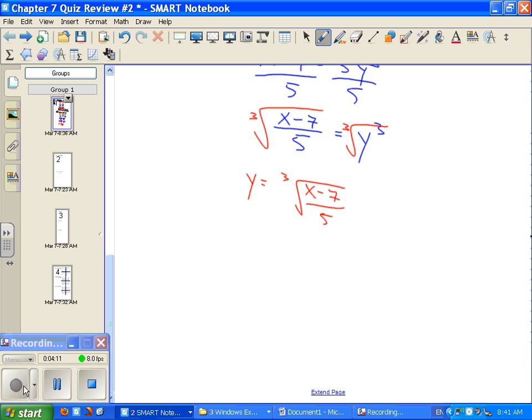Right, because I'm going to have a root in the denominator, because we know that this really means this is the cubed root of x minus 7 over the cubed root of 5. And the cubed root of 5 is unacceptable down there. So what is a perfect cube that 5 will go into? What am I going to have to multiply everything by? Cubed root of 25 over the cubed root of 25,